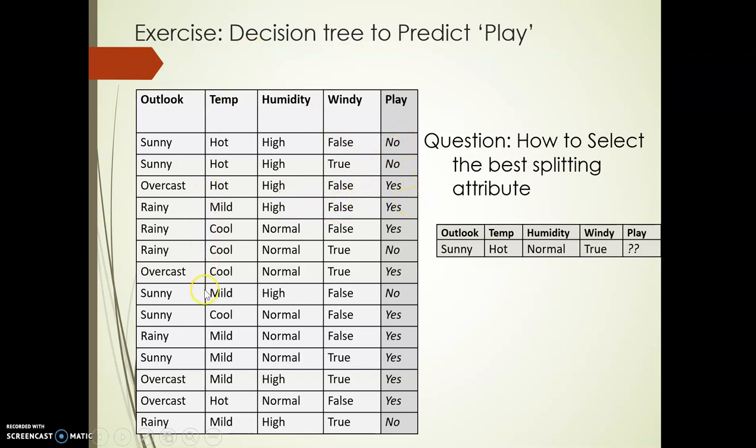So like this, there are probably 12 transactions. If you count, you'll get to know how many transactions are here. Sorry, there are 14 different transactions, different values that have been given for all these categories. So the attributes that have been considered for the atmospheric conditions are outlook, temperature, humidity, windy, and the last column is the decision that has been taken with these values.